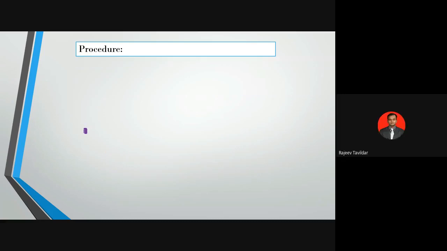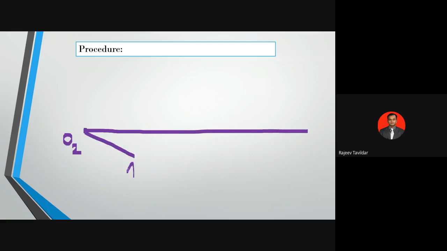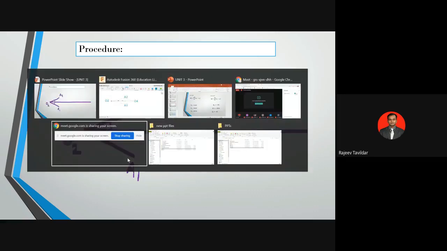So I'll start with the beginning. I started with the point O2 and I've drawn one horizontal line of arbitrary length because I don't know where the O4 length is, and we are not assuming O2, O4 either. So I'm drawing arbitrary length, but I know the input link length. And in this 4 position, any 2 consecutive input links, you will have to make it symmetric. So I'm making A1 and A2 symmetric about the horizontal line. You can do this because you know the link length, it is 5 centimeters or 50 mm. And I know this angle, the angle between 2 and 1, that is shown over here.